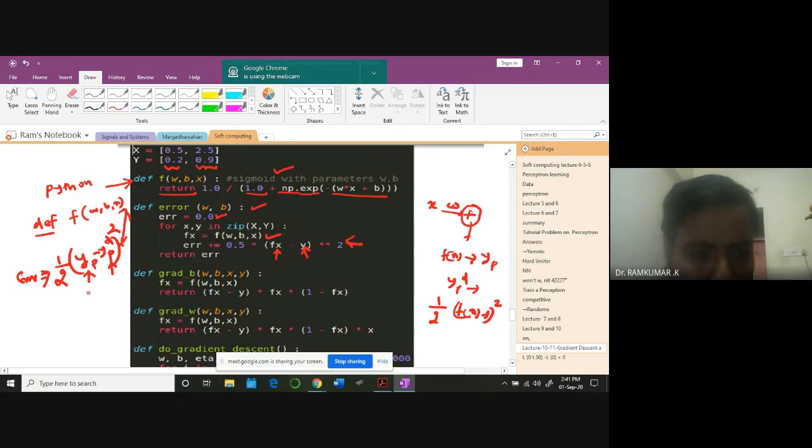And what is yp? That is the neural network output. How do you compute the neural network output? Take the input, multiply it with the weight, add the bias, and pass it through the function. That's what we have done here. wx plus b passing through the sigmoid function. That is your function f. That is f of x I have defined. Call that function here and compute the value of f of x. That is your neural network output. Is it clear now? 0.5 is 1/2. 1/2 of the neural network output minus the label data output, the whole square. Is it clear, Krishna?